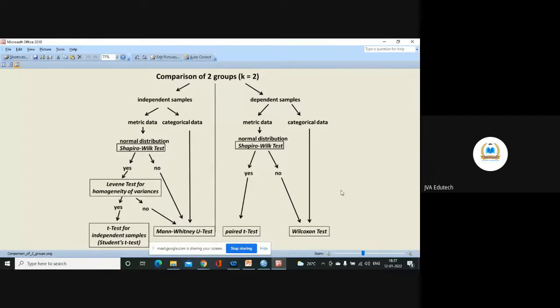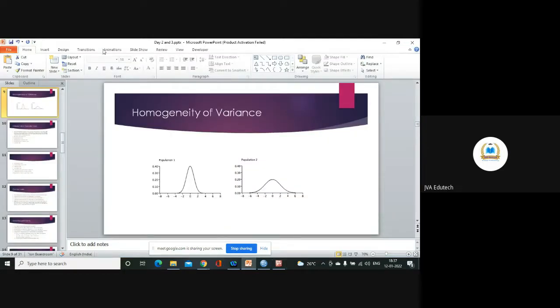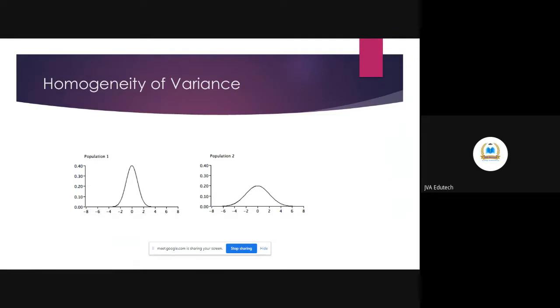homogeneity of variances or homoscedasticity, because these are two different groups. So you have to check whether the variance, that is the effect happening in these two groups, is the same or different. This is the homogeneity of variance situation.